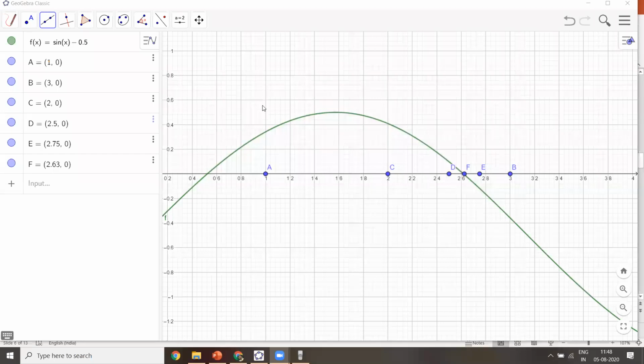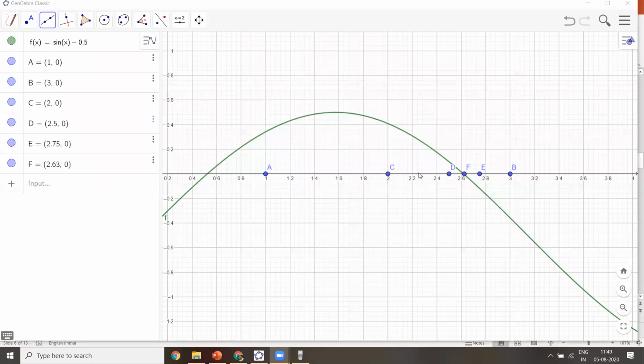So the initial guess started with x1 equal to a, x2 equal to b. We got x0, that is the midpoint, (x1 plus x2) by 2. Okay, that is c. Now again for the next iteration I need new values of x1 and x2. Now which should be my x1 and x2? If I take x1 equal to 1, x2 equal to 2, that is not correct. Here you can see the curve does not intersect here, right? So this guess is wrong.